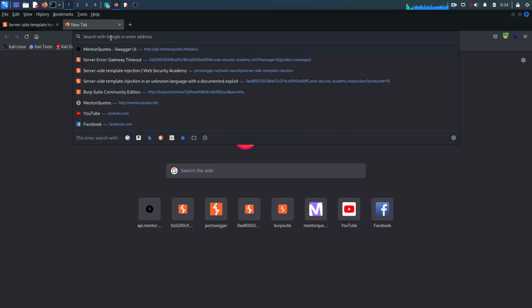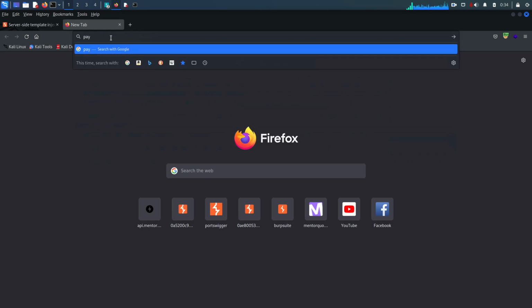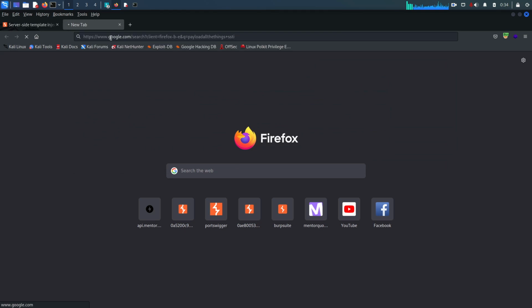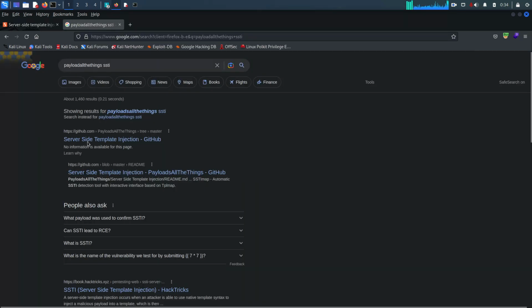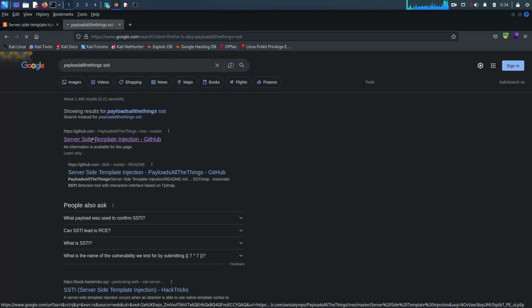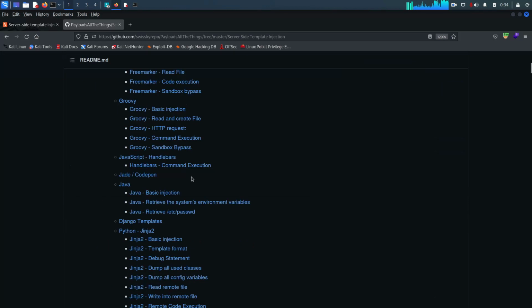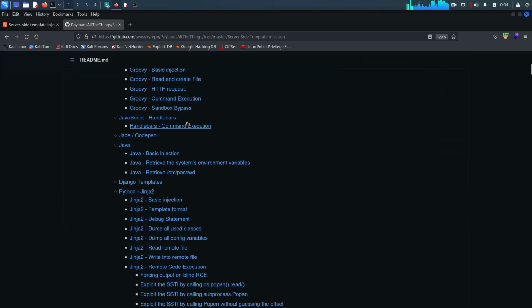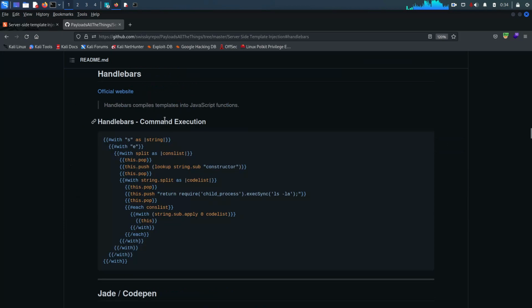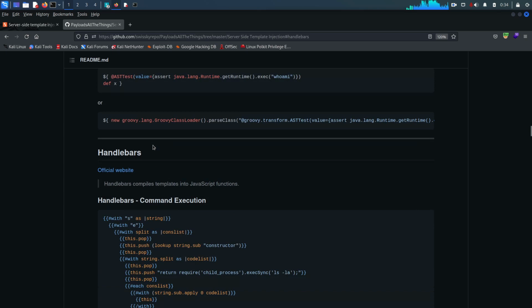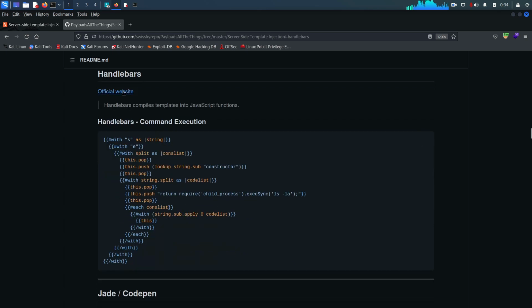I'm going to search PayloadsAllTheThings, SSTI, server-side template injection, and the very first link here, you find there is Handlebars command execution. So I'm going to start with JavaScript Handlebars, this one. If you want to see more, you can go to the official website here, but this is used for command